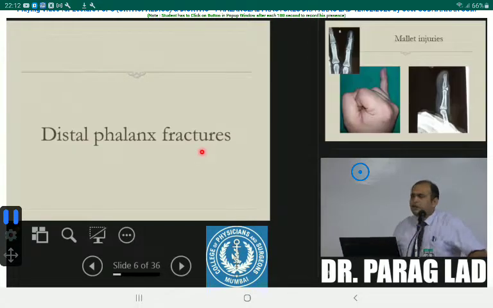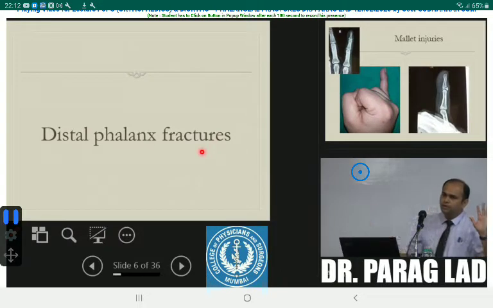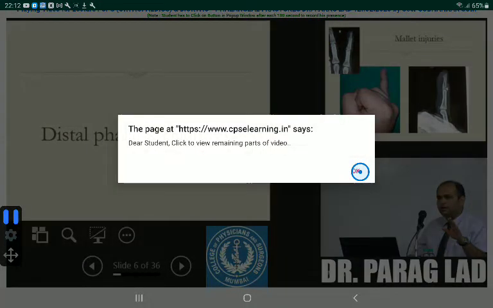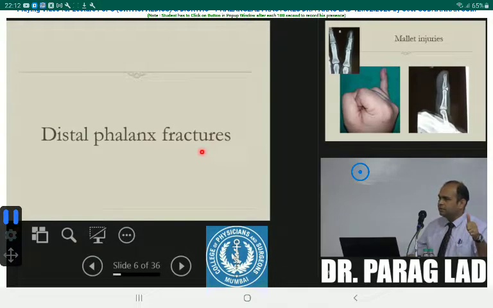So let us now take distal phalanx, then middle phalanx, then proximal phalanx fracture. Before that, any questions? Do we know three types of important hand fractures? Transverse, oblique and spiral oblique. Hand fractures are classified as per whether they are in the shaft or adjacent to the joint. This is the simplest classification. Then you can have open fractures, fractures in children, and pathological fractures also. Okay. So now let us take distal phalanx fracture.